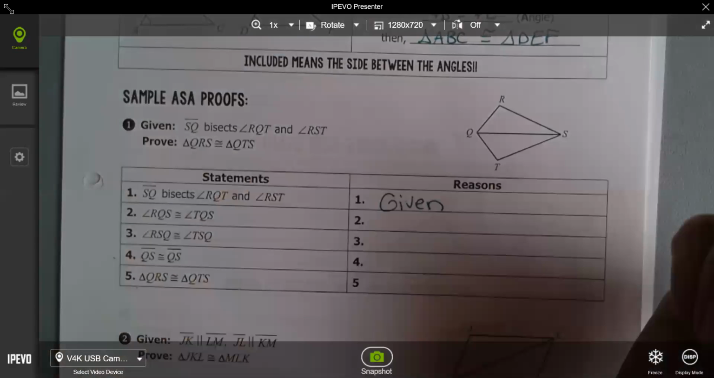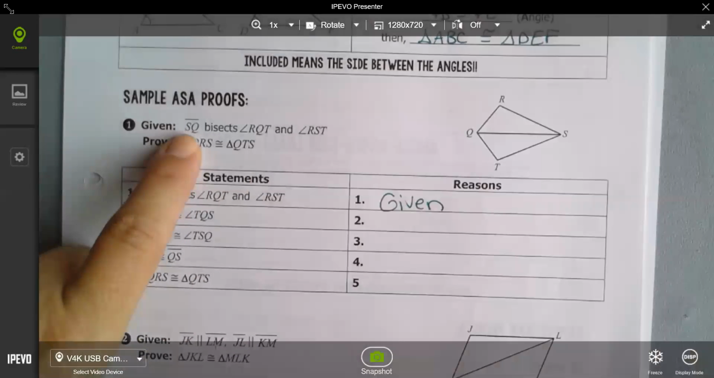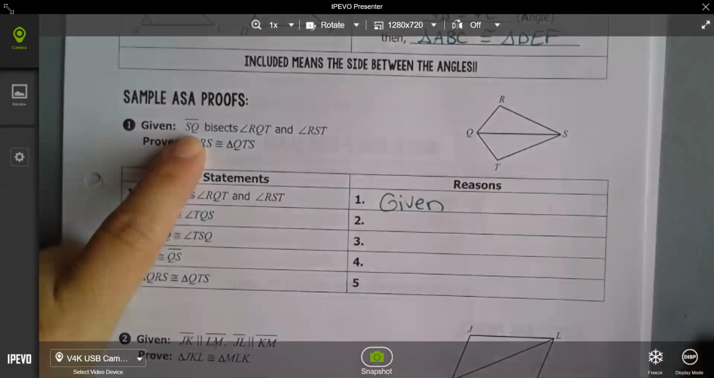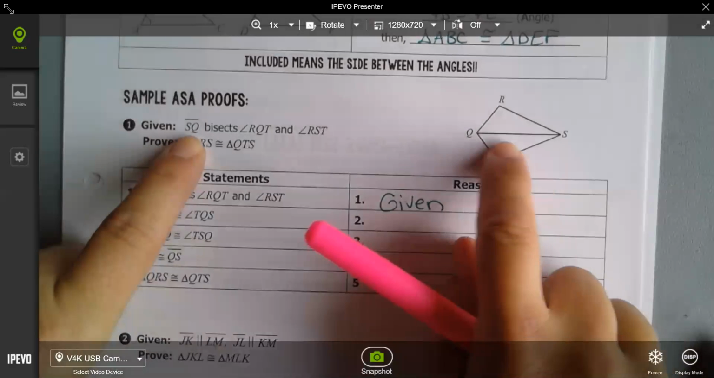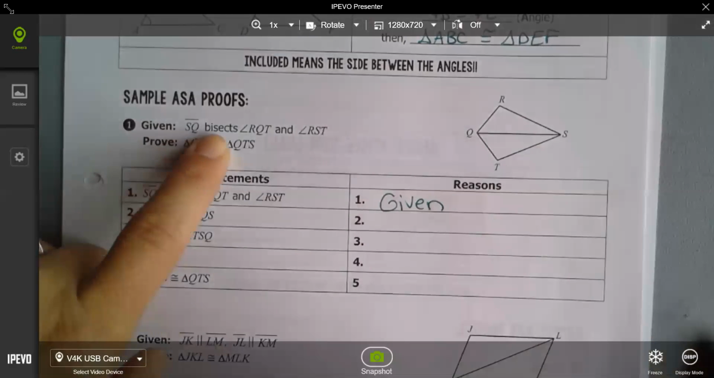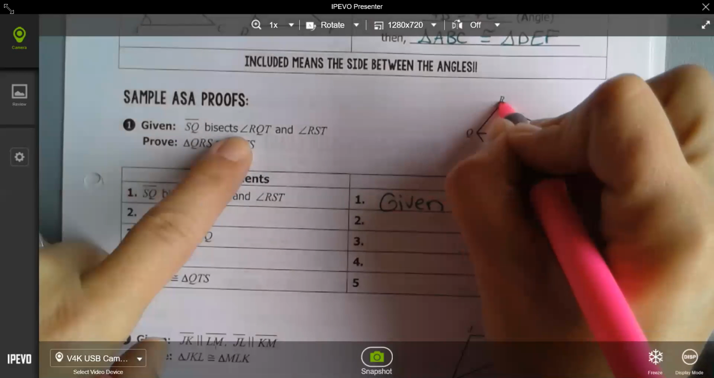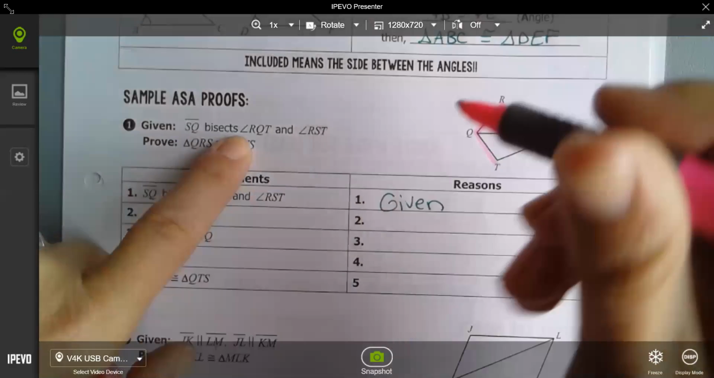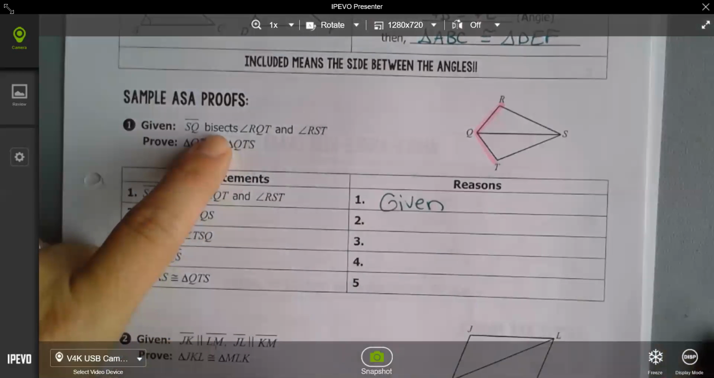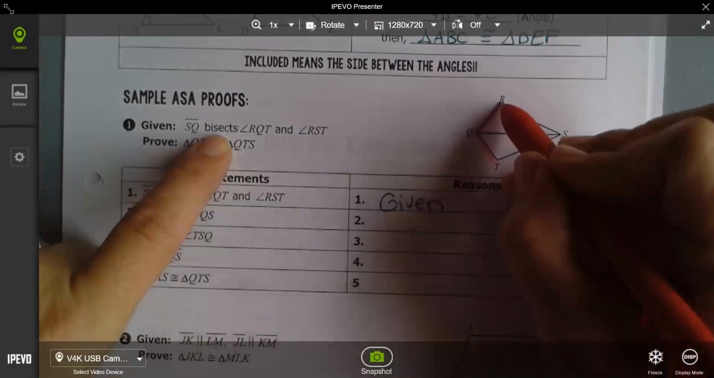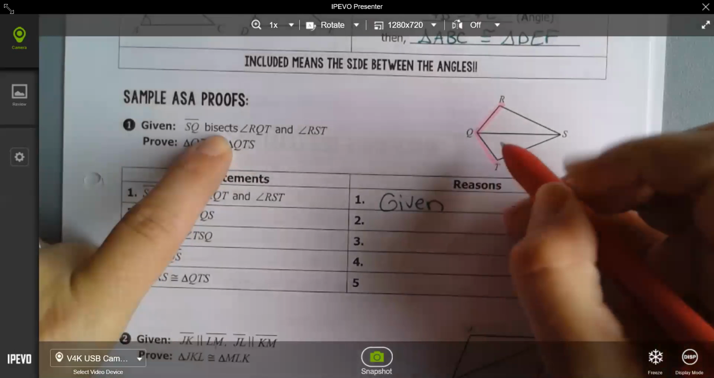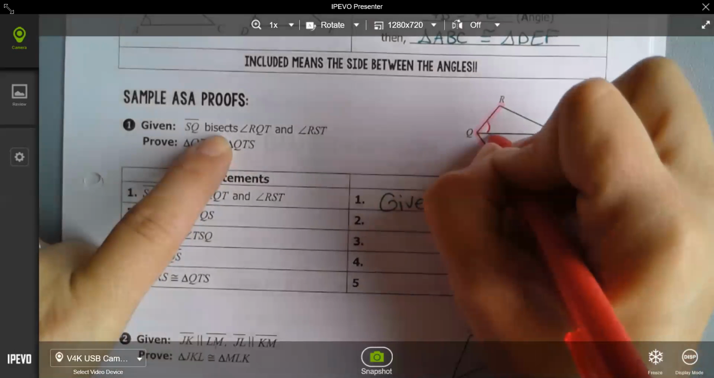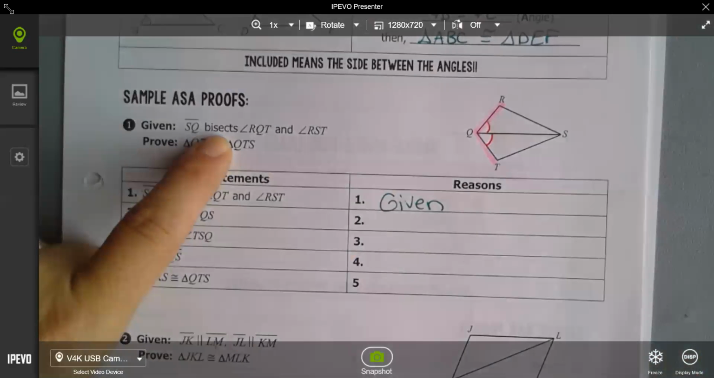Okay, so let's go ahead and go through this. It says that SQ, this line right here, bisects angle RQT. So remember what that word bisects means. It means to cut in half, to cut into 2 equal pieces. So if I'm cutting this angle into 2 equal angles, that little one and that little one are congruent to